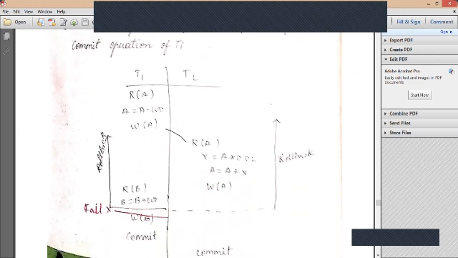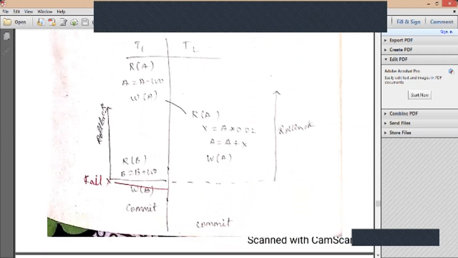So basically it's saying here, just the example. Here transaction T1 has performed till write of A. Now the next read of A is happening. Since read of A is happening, it is reading the value of write of A, not the actual value which was there previously. After that it is performing some operation.